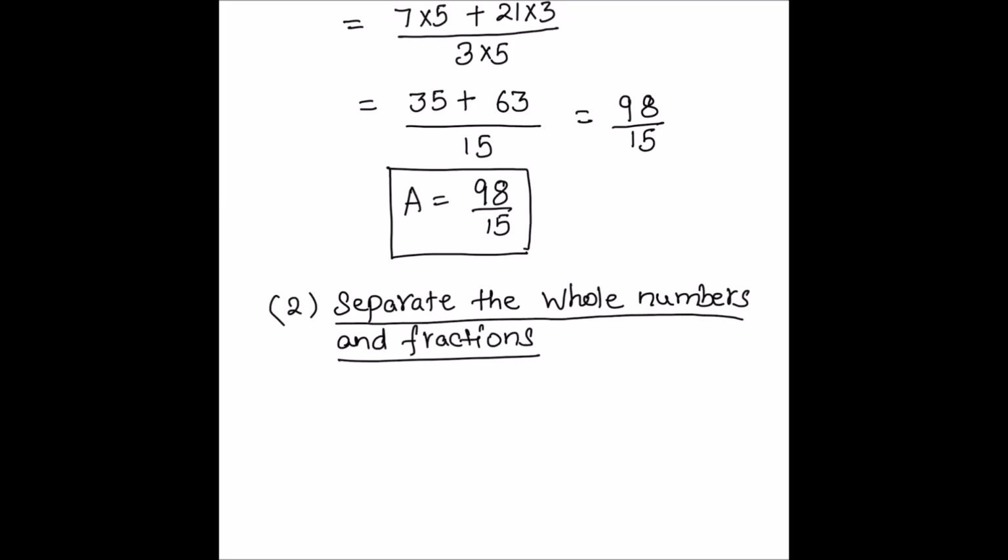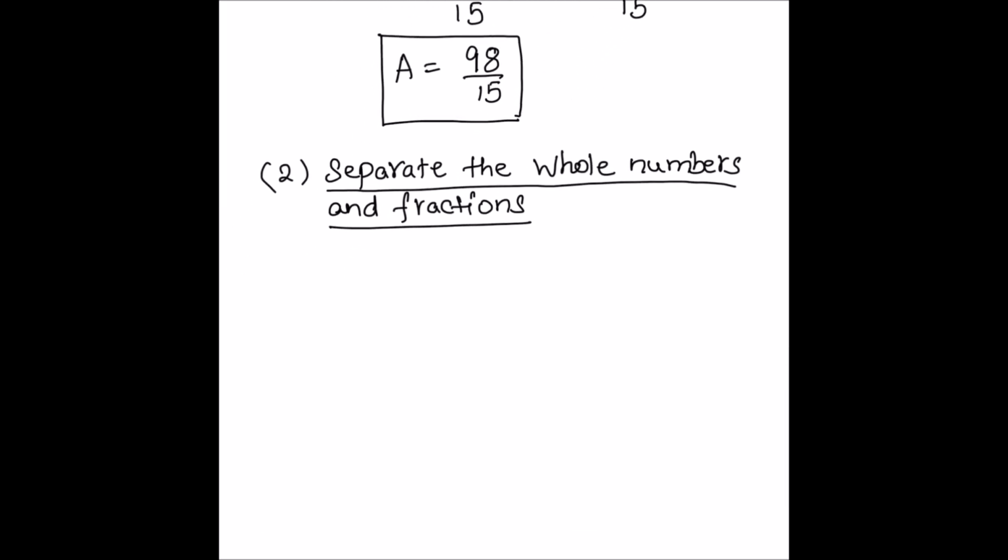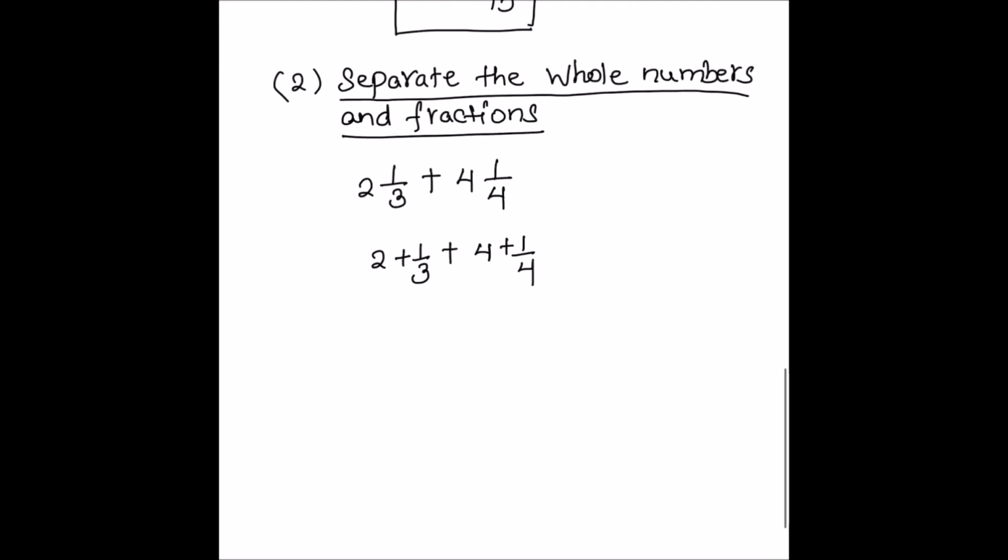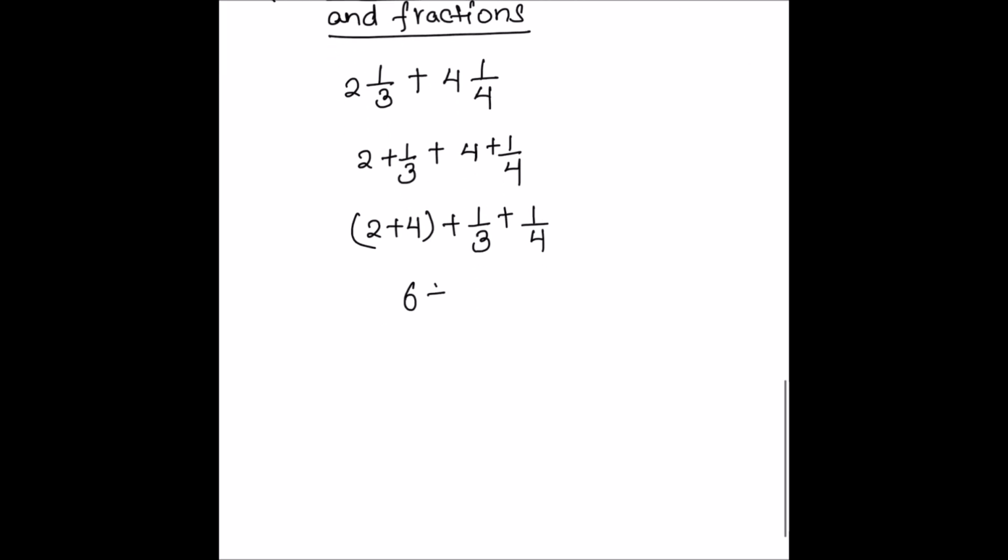Let us understand this method using an example. In this example, let's take 2 1/3 plus 4 1/4. Here, as the name suggests, separate the whole numbers and fractions. So we can write this as 2 plus 1/3 plus 4 plus 1/4. And now we'll separate the whole numbers, 2 plus 4, plus 1/3 plus 1/4. So 2 plus 4 will be 6 plus,